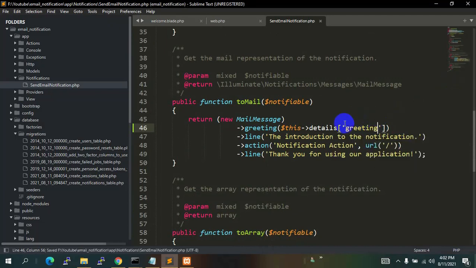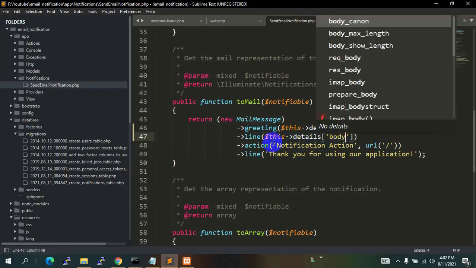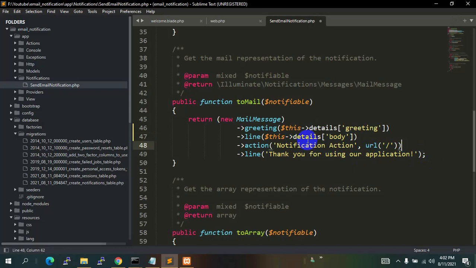Now after this we are going to do the same for the line and action as well. So let me just copy this one for now, Control C, and paste it inside this line. So over here let's say this will be the body.